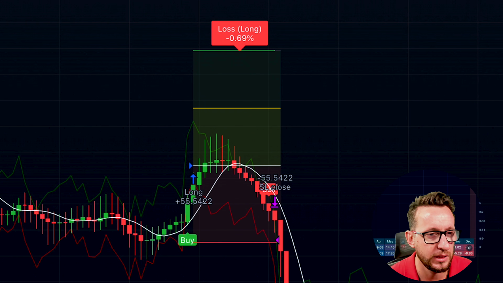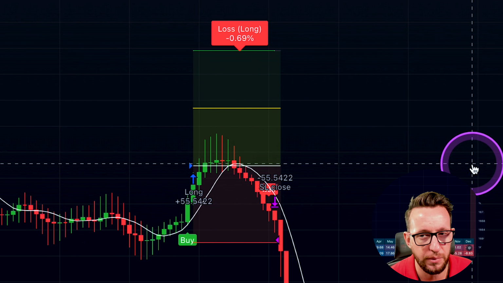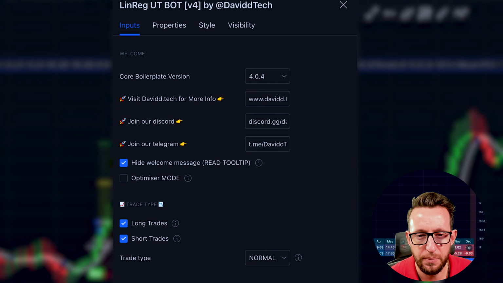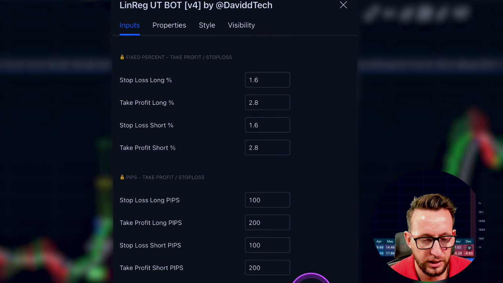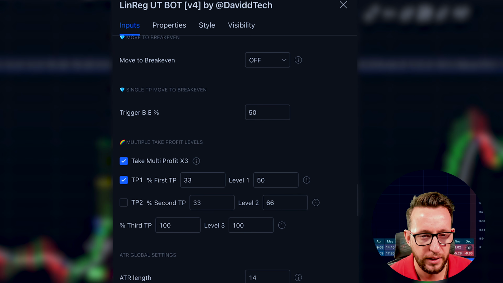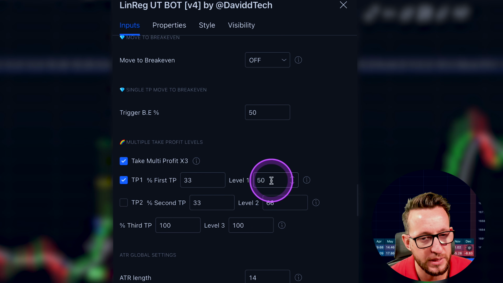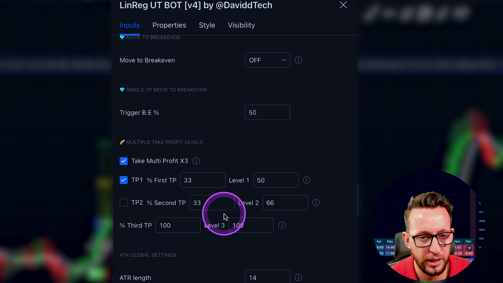It's very good with the volatility of the market to set with ATR bands. Okay, so my next thing that I've decided to change, let me go down a little bit. Like I said, I've added multiple take profits. I'm taking 33% off of the table when we hit the 50% line. Also found that you can add another stop loss as well, another take profit as well, which will considerably up